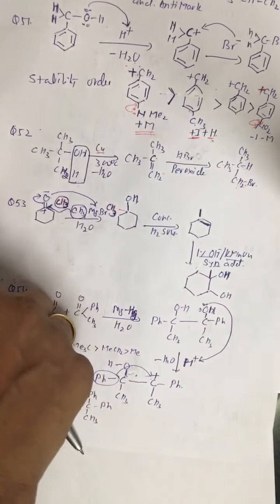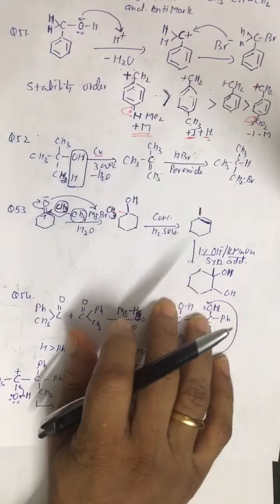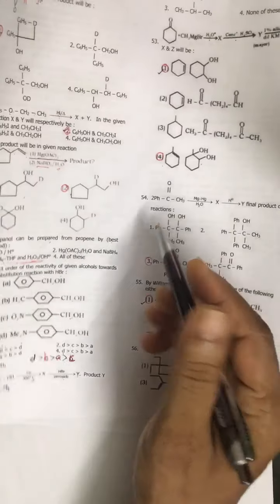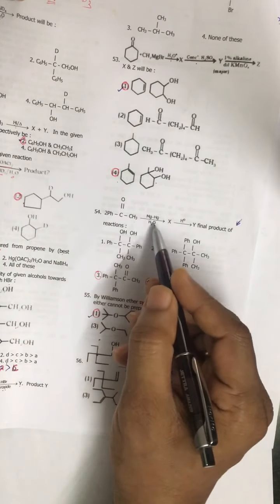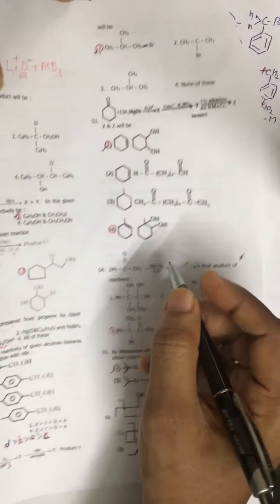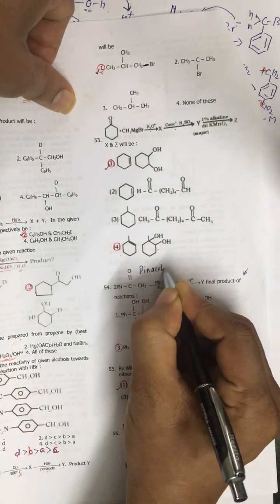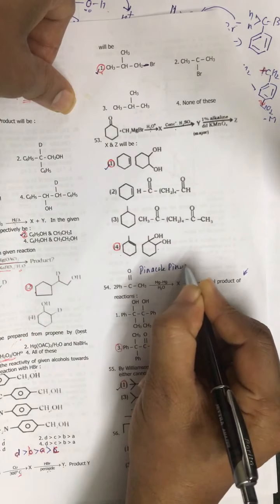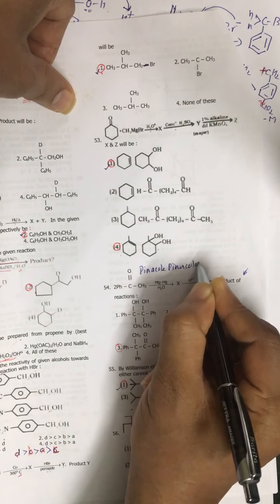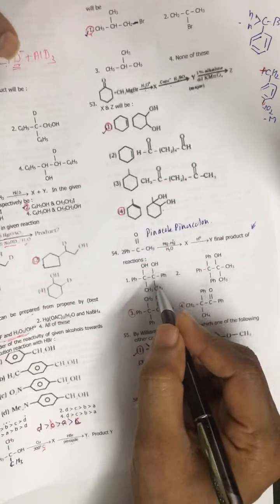So the correct answer is, look at question number 5.3, the fourth option. Alright. Question number 5.4. Acetophenone is treated with magnesium amalgam and water. This is basically the pinacol-pinacolone rearrangement. So initially magnesium amalgam and water,